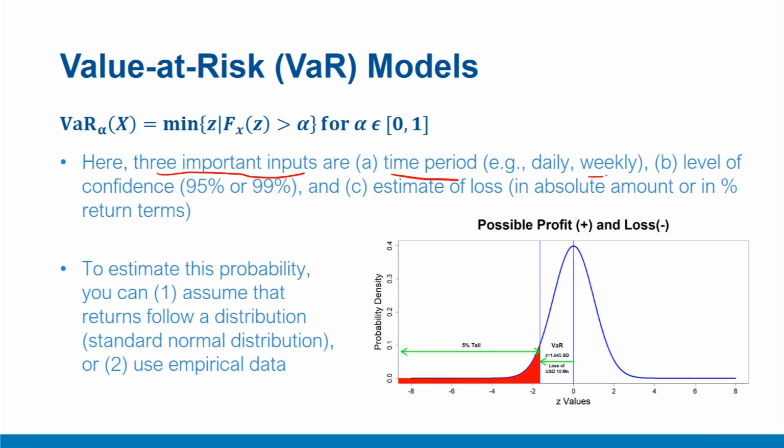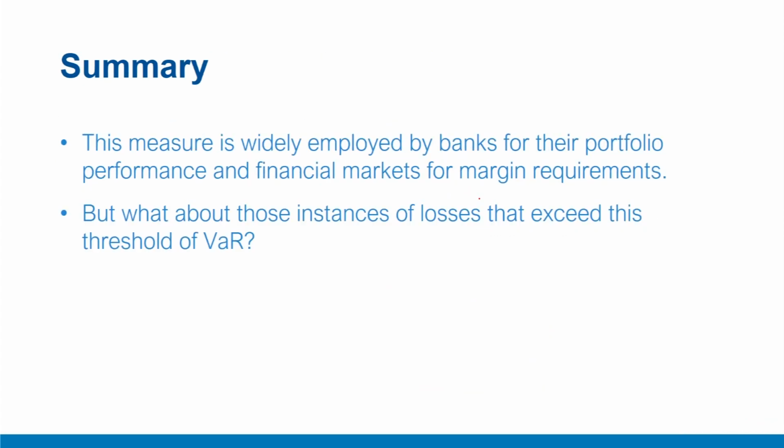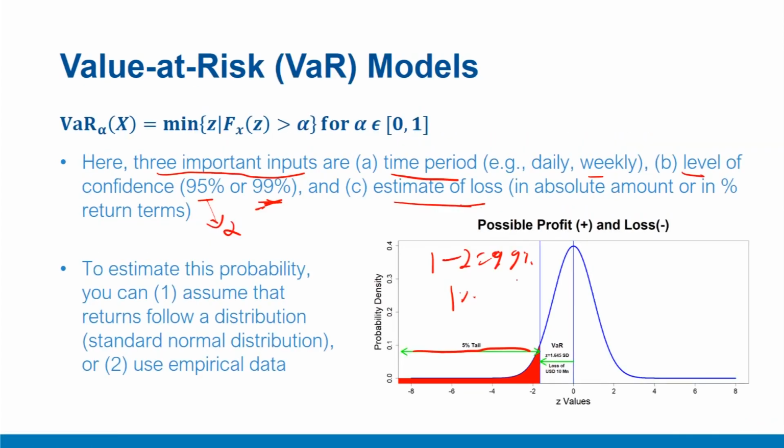It may be weekly or monthly as well. Second, the level of confidence, that is 95% or 99%. In that case, if confidence is 95%, then that alpha value, in the previous case, it was 5%. And if you take a confidence level of 99%, then by the same logic, your tail probability that you are examining will be 1%. That is, 1 minus alpha will be 99%, then alpha will be 1%. And lastly, the estimate of loss in absolute terms, this estimate of loss, which was $10 million in absolute terms